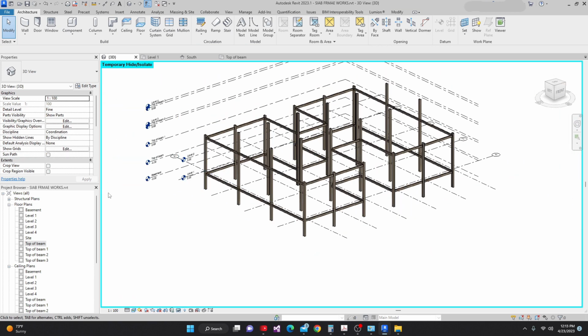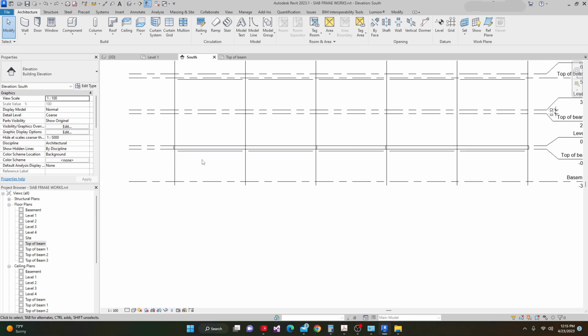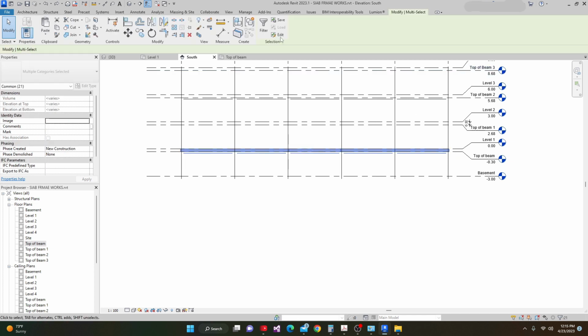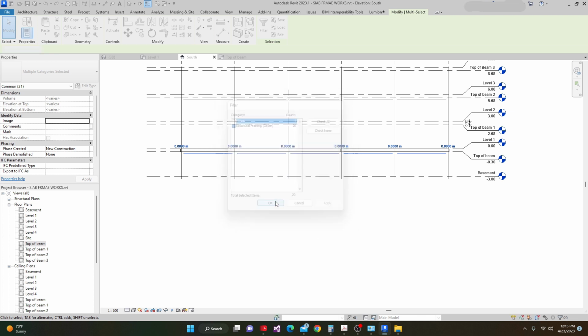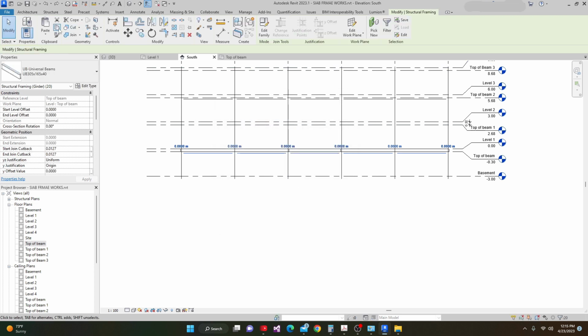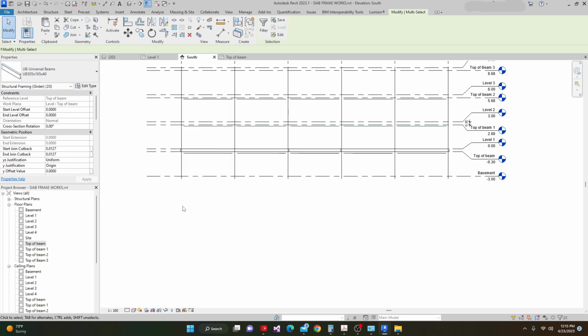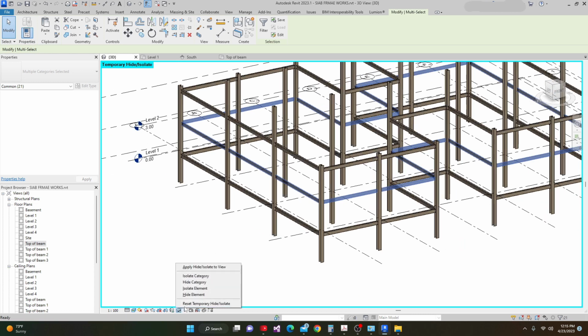go to this south, and then I make a rubber band and select all of these, and then I go to filter, and in filter I will uncheck these floors, and then apply, and then okay, and then we're going to copy it to clipboard, and then paste to selected level, and we're going to select top of beam 1, and then okay. And then as you can see, now it is like this. Now we're going to